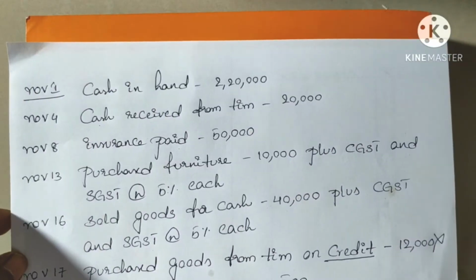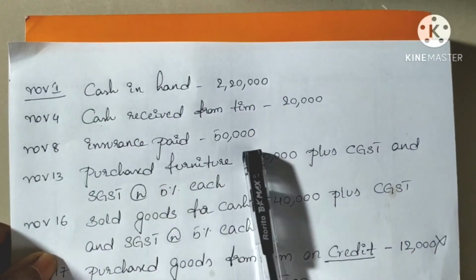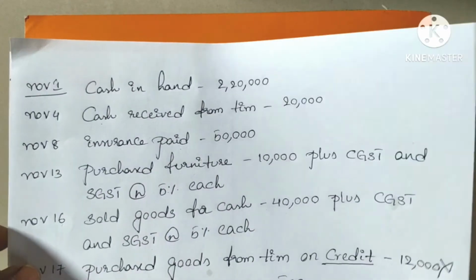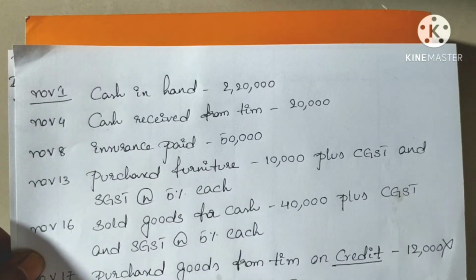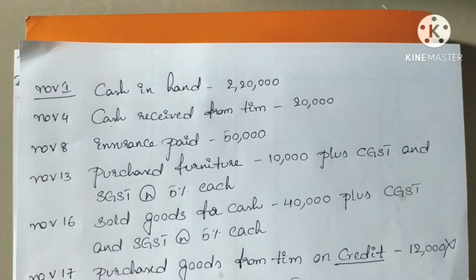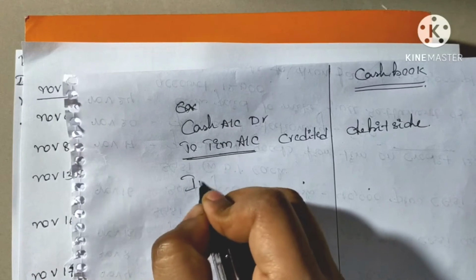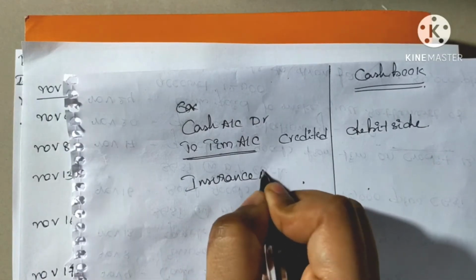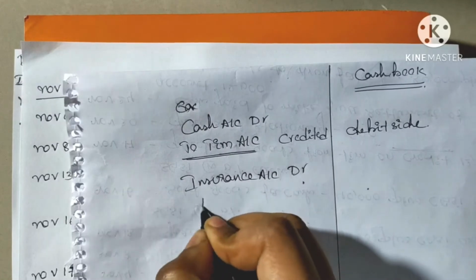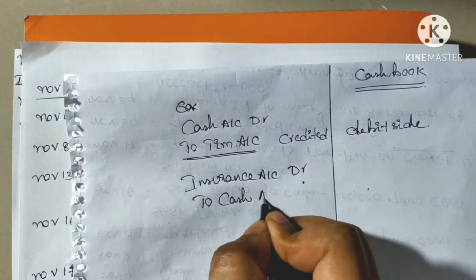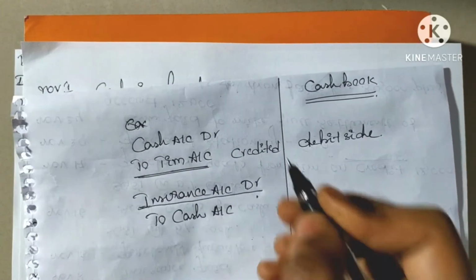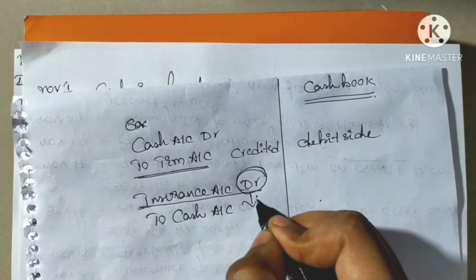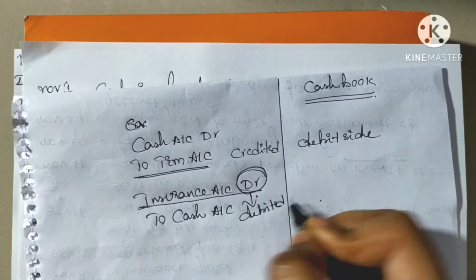Our next transaction is insurance paid 50,000. Here also we can just mention as buy insurance on the credit side of the cash book. But if you guys want to know whether we are posting it correctly or not, then we can write the journal entry first and then post it into the cash book. So the journal entry would be insurance account debtor to cash account. Here insurance is debited. So we will mention it on the credit side of the cash book